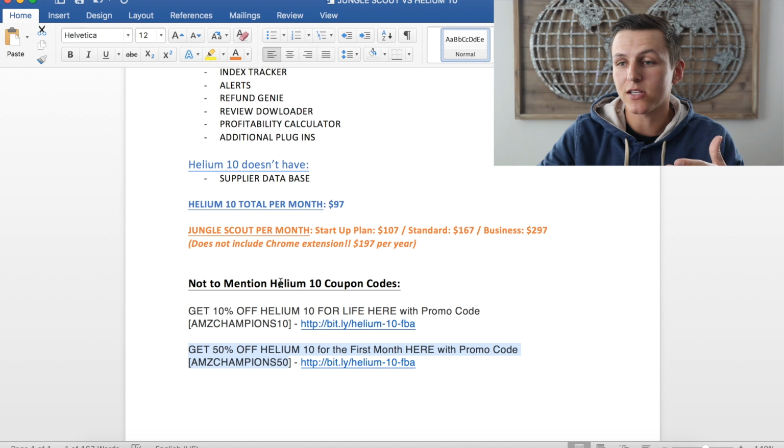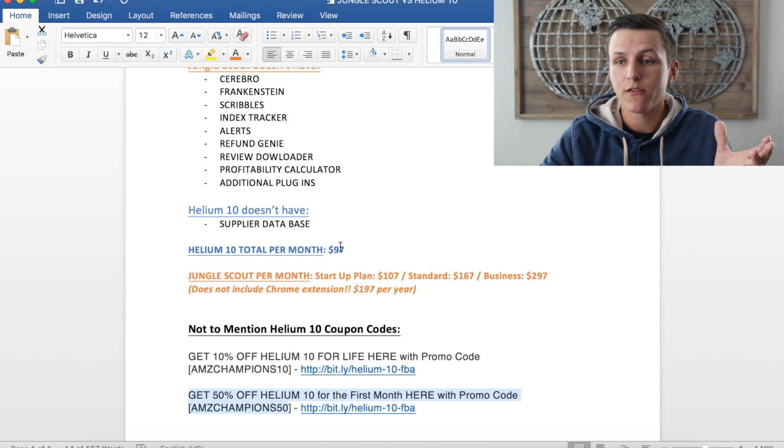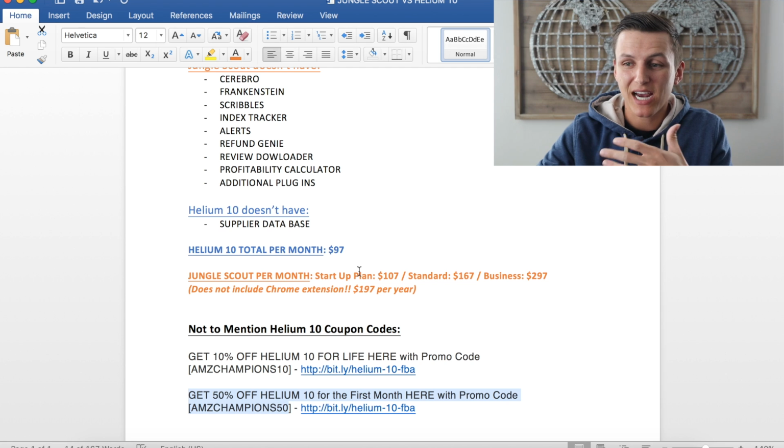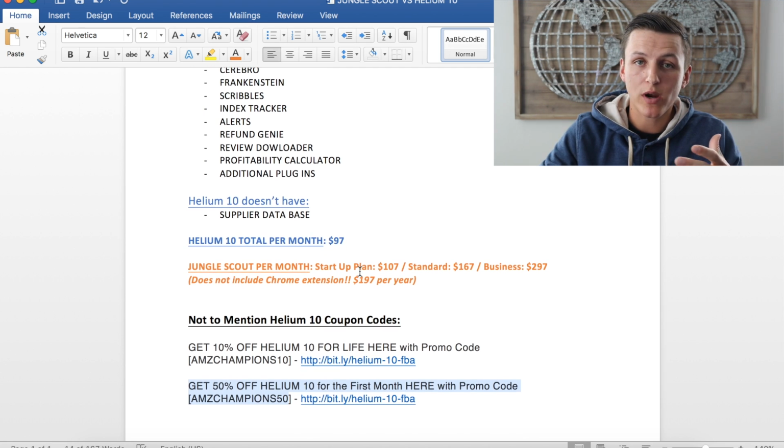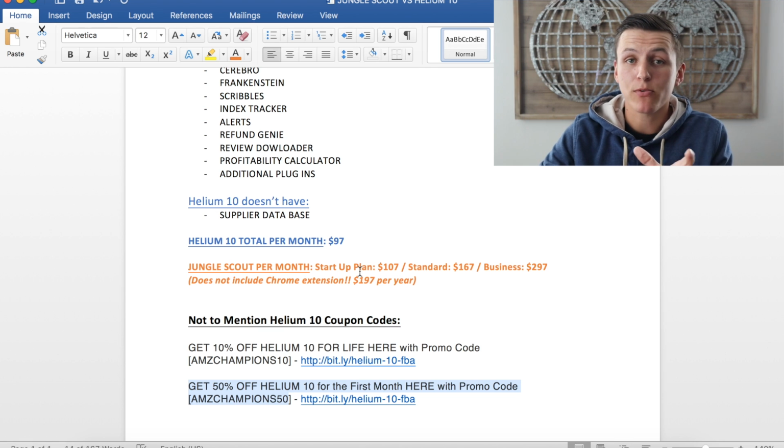And Helium 10 is way cheaper. It comes with more tools. Now, Jungle Scout, not to say that they're bad, what they provide is great. They have awesome tools. I have the Chrome extension, but the reason being is I got it 2 years ago and I have it for my entire life. So if I'm looking at now I have to pay $197 per year, I don't really want to pay that. So Jungle Scout is a great suite of tools, but comparing apples to apples, as you guys can see right here,